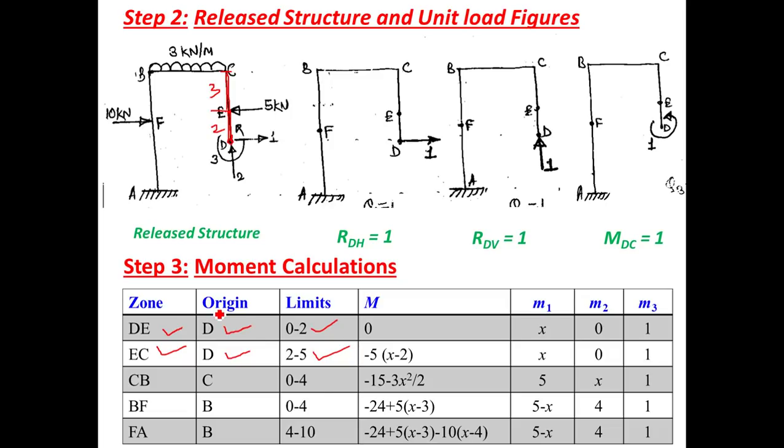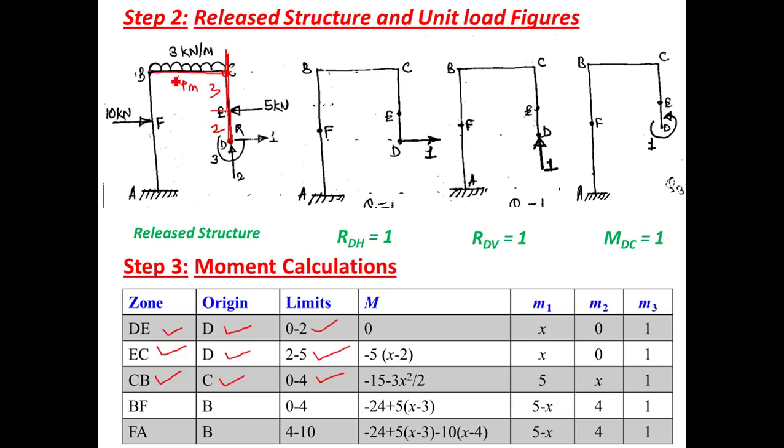Okay, now we have to shift to the beam member. When we shift to the beam member, our origin will change. Now the origin will be taken as point C. So C to B is a complete zone because the full span UDL is provided, so it is a single zone. C to B is the third zone, origin is C. The C to B dimension is given as 4 meter. So at C it will be x equal to 0 and at B it will be x equal to 4. So limits will be 0 to 4.